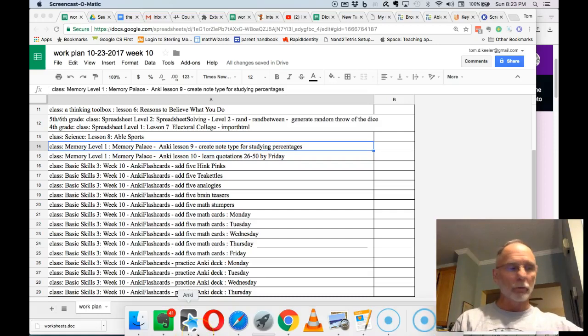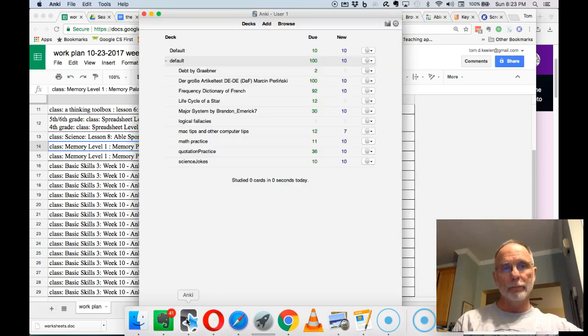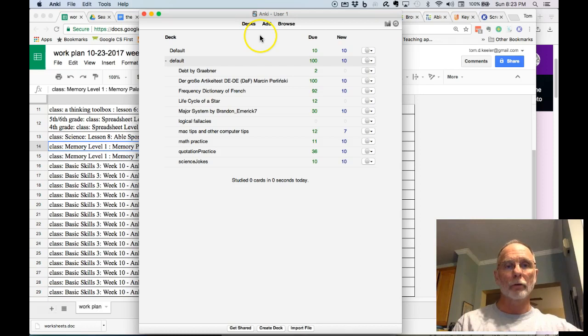Okay, so this week we're going to set up a new note type, and this note type will help you study percents, decimals, and fractions. So we go to Anki, and here's my user, and we'll say we're going to add,